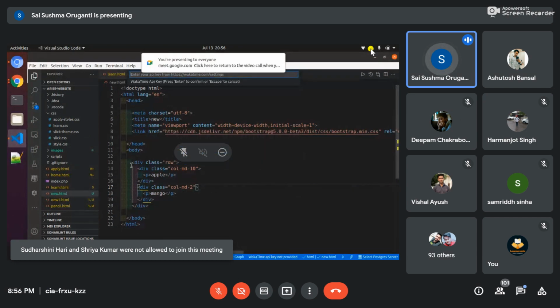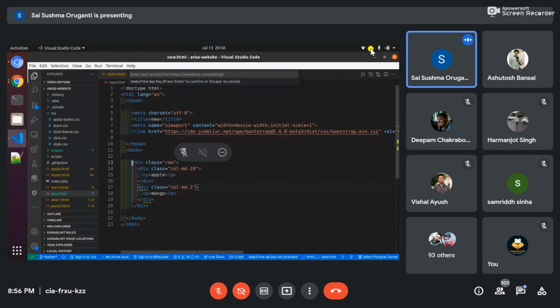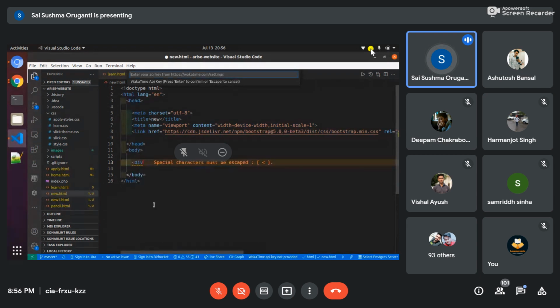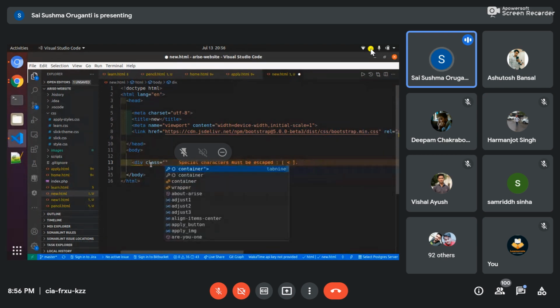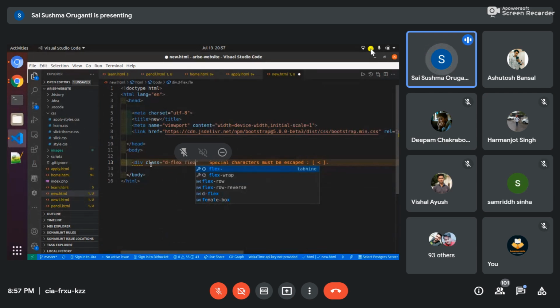So next I will go ahead with flex. For flex also you can divide the rows and columns. I will show you now. For flex also you have to write div class. Class is nothing but we have to use d-flex. I have told you earlier. So d-flex is mandatory and flex-row.